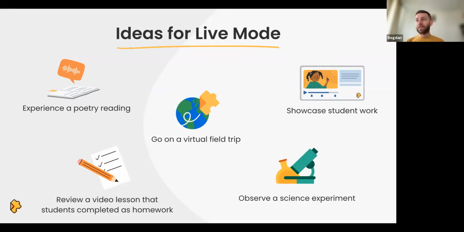Now, you can think about creative ways of using it here, right? So let's say somebody's reading a poem, you pause the video, and then you say, okay, students, how would you continue the next line of the poem, right? So you could actually practice this whole idea of predicting text or terminology, or you could have questions where you ask them to analyze the use of language and the imagery that they were using and the metaphors and so